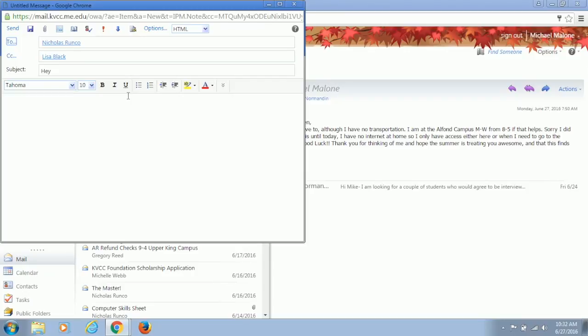That one stands for blind carbon copy. I use this a lot. I will send out a message saying, hey, come in to register for the spring semester, to everyone. I have 60 plus advisees, but I don't want all of you to see each other's names. Some of this is confidential, but I want this to go out to everybody.